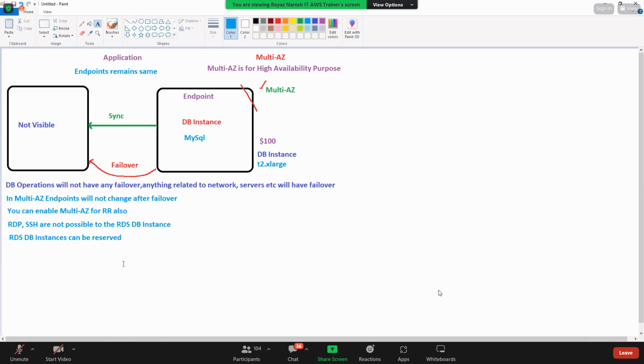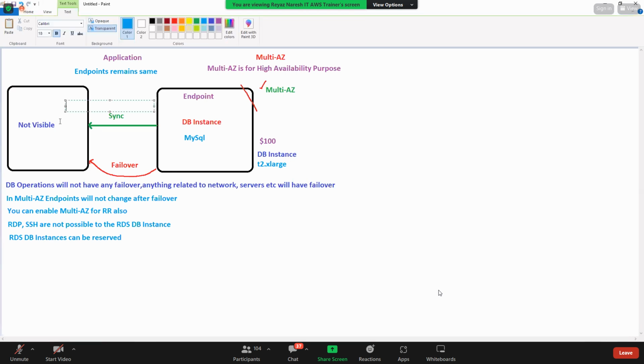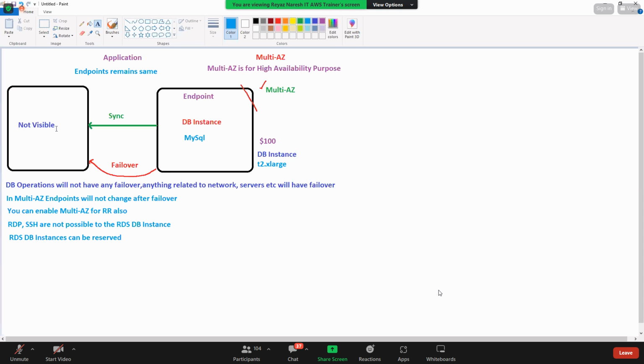And by the way, guys, the very dangerous problem with multi-AZ is this: once you have enabled multi-AZ, how much are you paying for this DB instance? $100. Once you have enabled multi-AZ, you need to pay double the amount. You need to pay $200, because another DB instance is getting created, which is not visible, right? So remember,